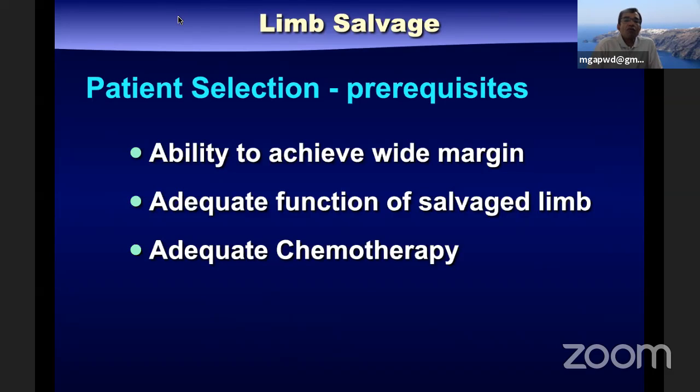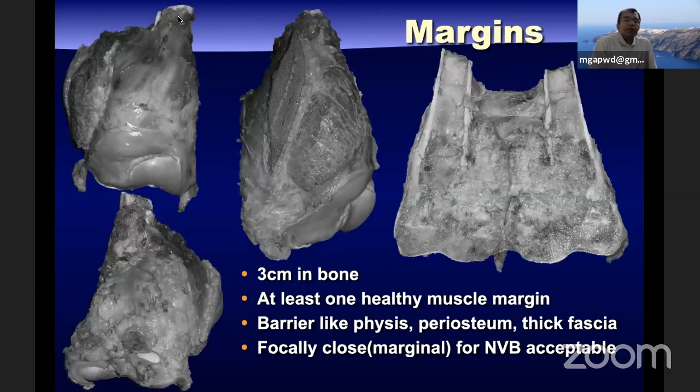We have to very honestly tell this to the patient and make sure that they understand and choose their options carefully after counseling. Now, margins are very important. The margins have been prescribed as 3 centimeters in bone. This you can judge from the MR. We generally use a T1 image to judge the marrow margins, and we use T2 and PD images to judge